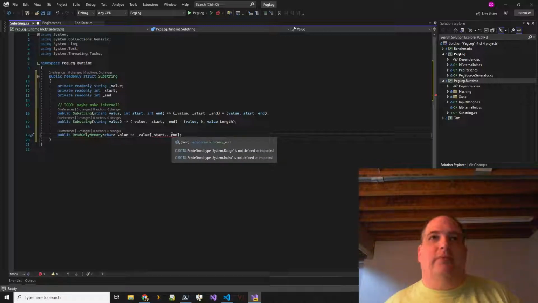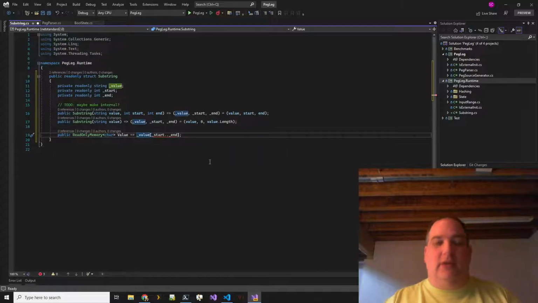And no, actually, I was thinking about bringing in system range and system index, because I think those are in a NuGet package, but we don't really need them.